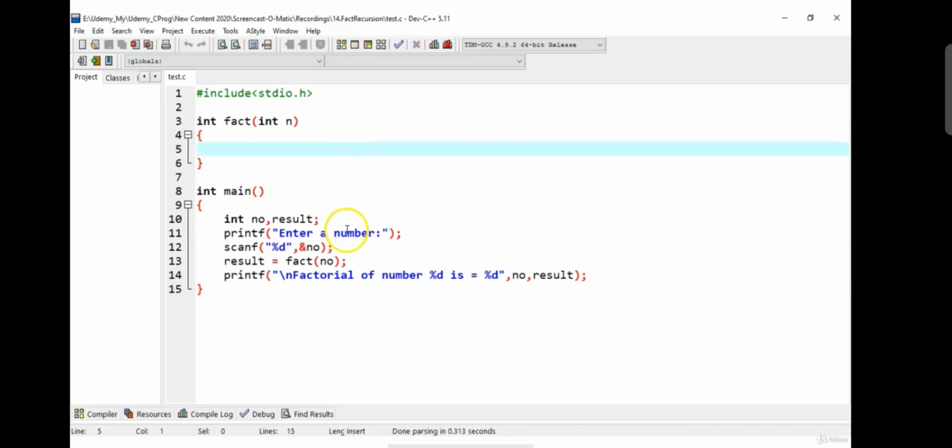I am accepting a number from the user. Then I am calling the fact function. Fact function will find out the factorial of given number and it will give me an integer value. That value is stored in the result variable, and finally I am displaying that value as a factorial of the given number. So I need to add the code in the fact function, and here we will make use of